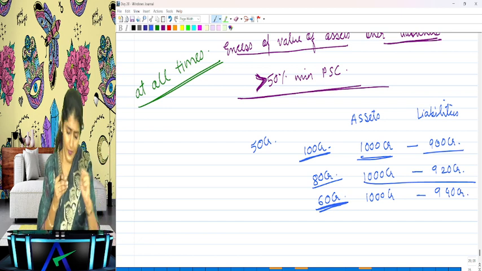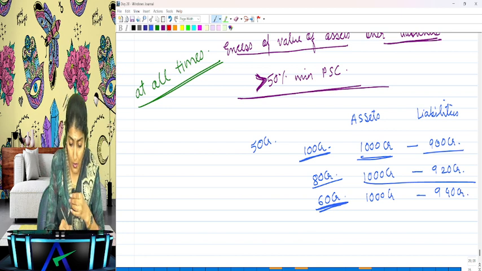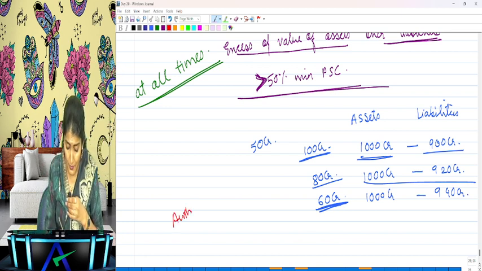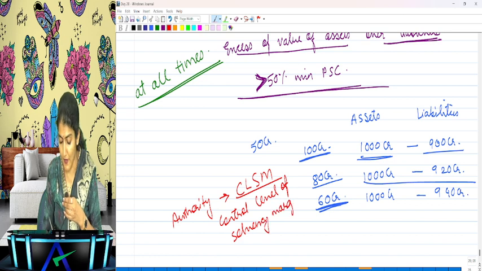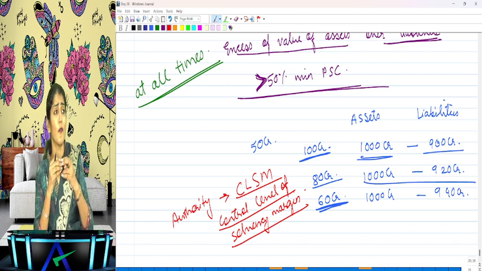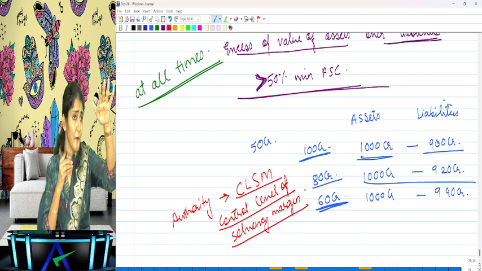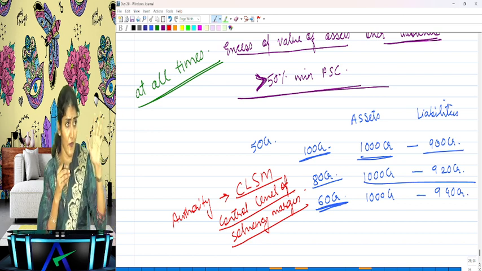So rather than waking up from your sleep just when it comes to 50 crore, the authorities may, by way of a regulation, the IRDA authority may specify a CLSM. What is a CLSM? They may specify a control level of the solvency margin. What is the control level of solvency margin? It is more like a warning bell. Insurance company, things don't seem to be going well, you please wake up and take some corrective actions